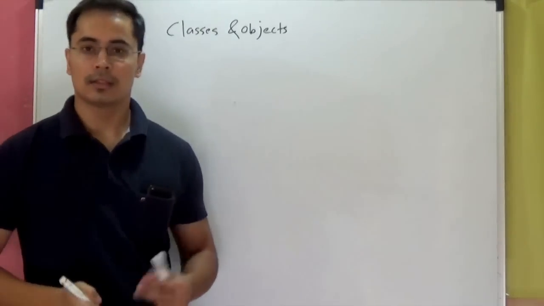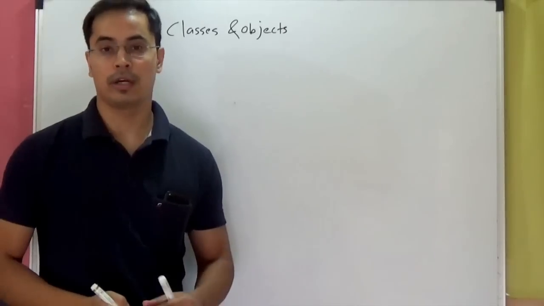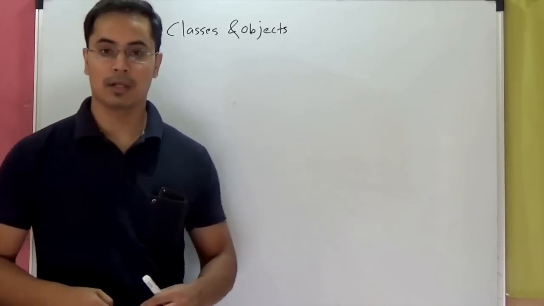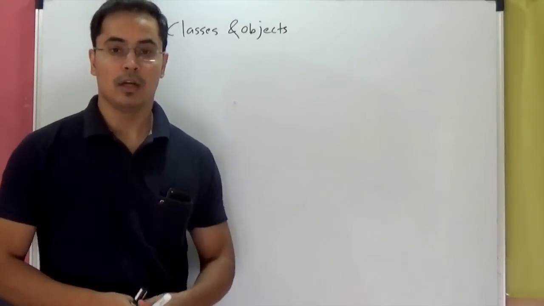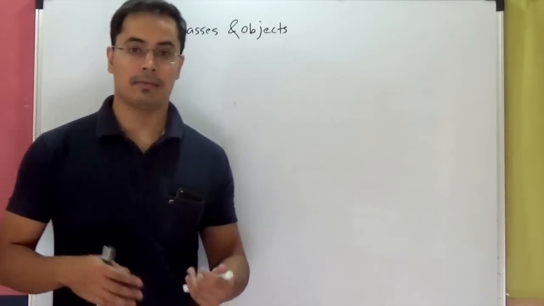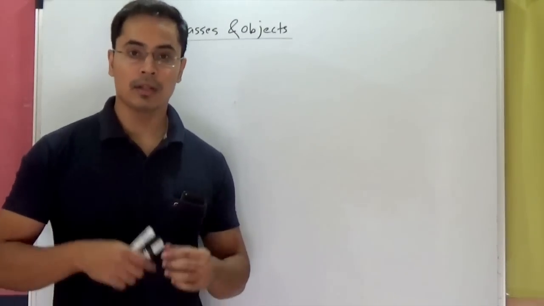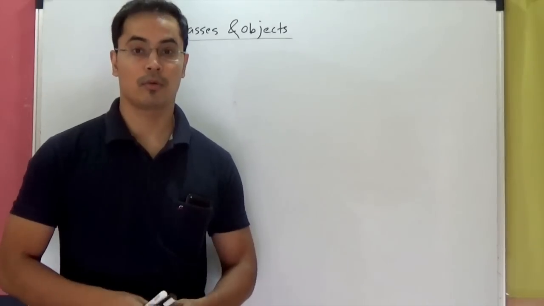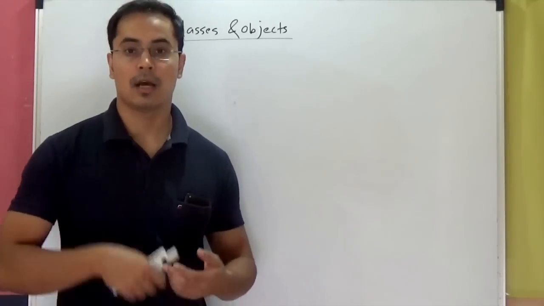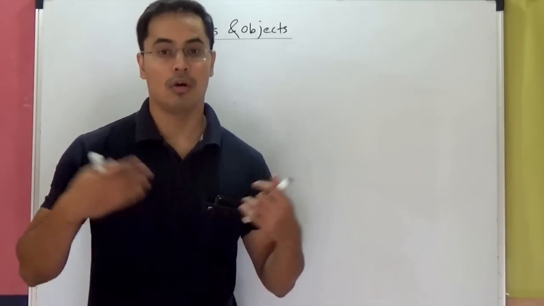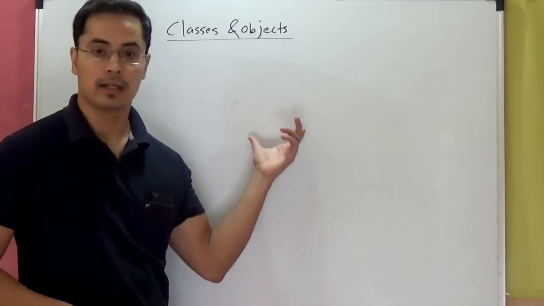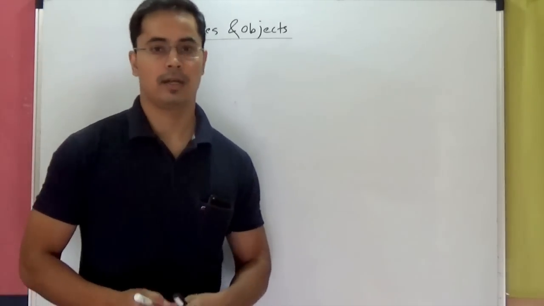As you know, C++ is an object-oriented programming language, unlike the C language, right? So C++ gives you the capability to create user-defined data types, or you can call them abstract data types. You remember in the video on object-oriented programming concepts, we talked about objects, classes, abstraction, encapsulation, all those things. Now it is time to put those concepts into practice using C++ syntax.